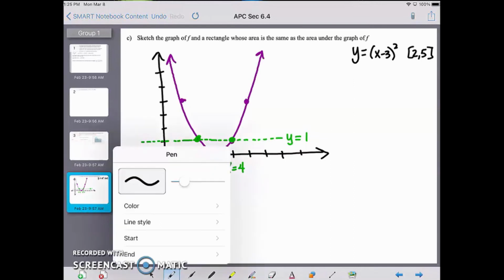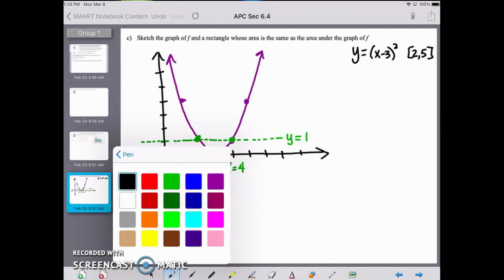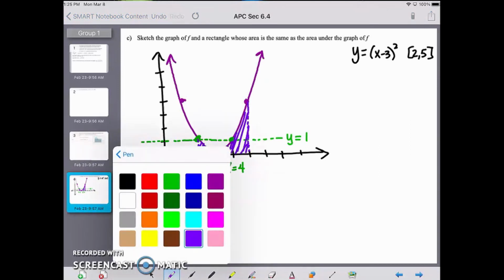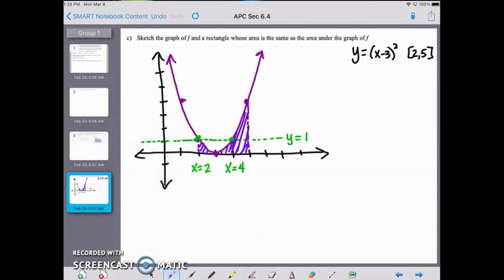So here's x equals 5, here's x equals 2. When we look at the area under our curve from 2 to 5, we're looking at that bit of area right there. But the rectangle that represents the same area as the area under the graph from 2 to 5 is going to be this rectangle right here,